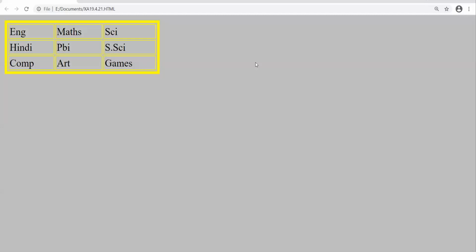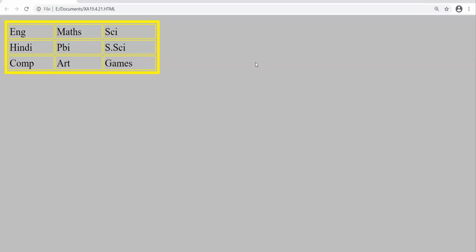Entire data is left aligned. Keep one thing in mind: alignment of table and alignment of data in the table, they are two different concepts.